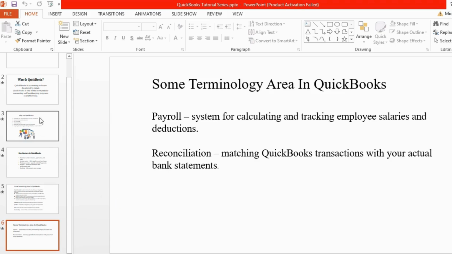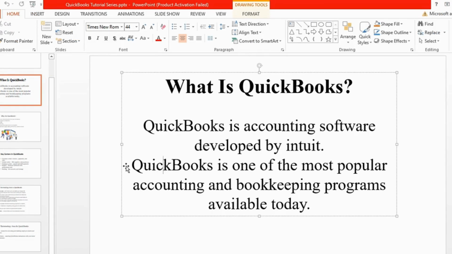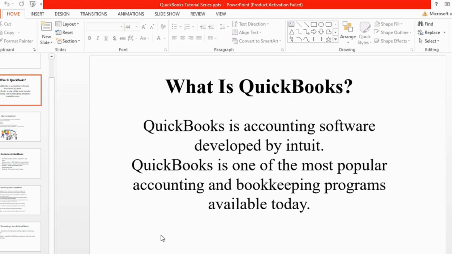So let's look at what QuickBooks is. QuickBooks is accounting software that was developed by Intuit, an organization in the US. And quickly, QuickBooks is one of the most popular accounting and bookkeeping programs available today. What does this mean? QuickBooks is a widely used program that helps every user or company perform all accounting activities within an organization, and that involves